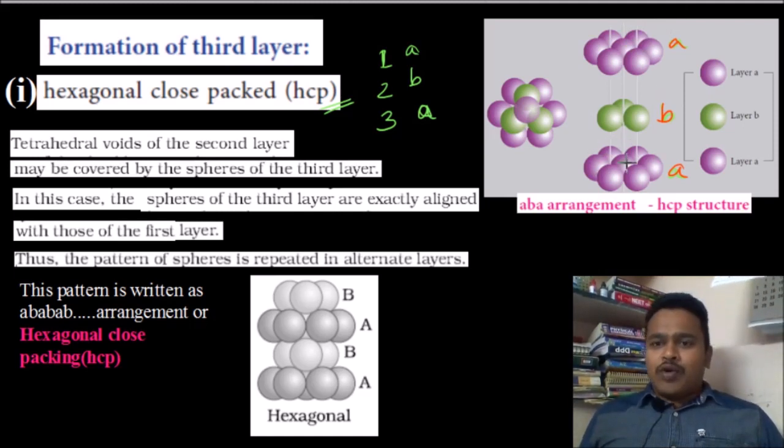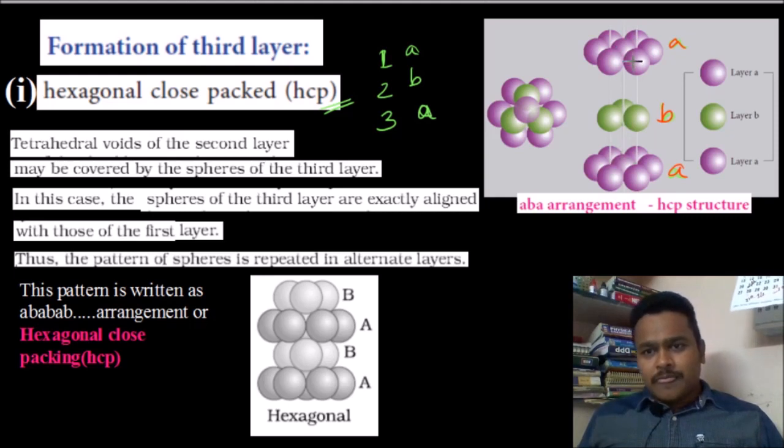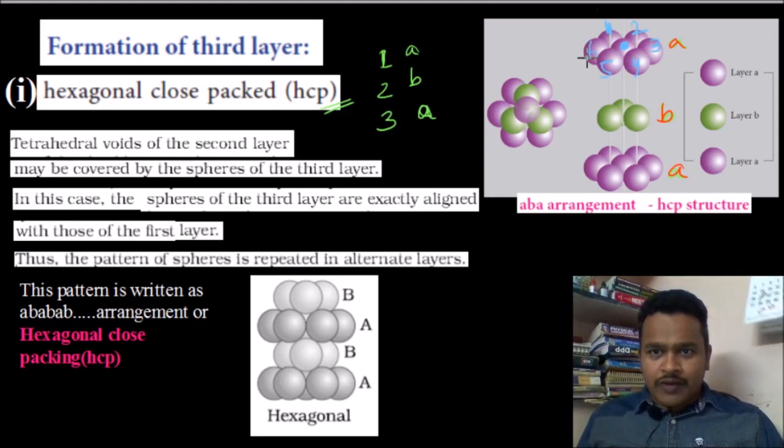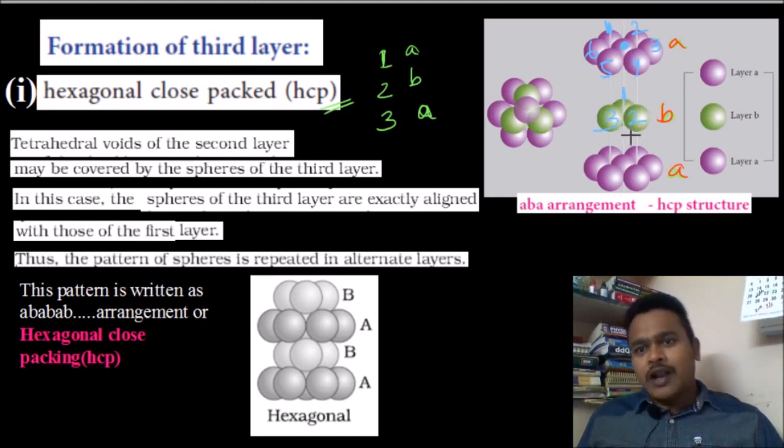Anything I am going to observe here, this sphere you can say. This sphere I am going to take, this one. This is my target one. This sphere I am going to target. It is going to connect with how many other spheres? 1, 2, 3, 4, 5, 6 in the same layer. See below. Below how many are there? Below, the center sphere can contact with these three also. 1, 2, 3. This is the bottom layer.